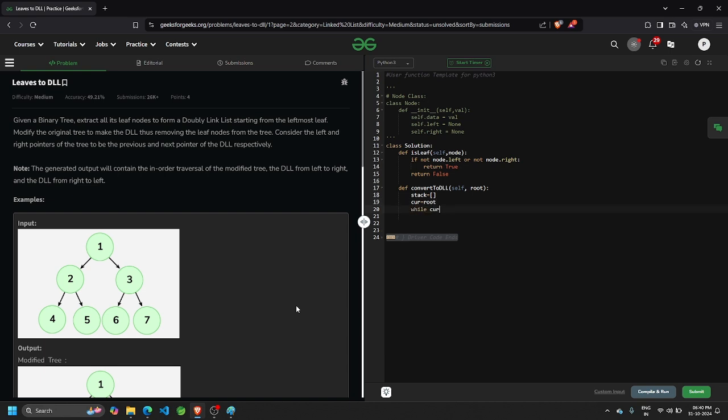While cur exists or the stack exists, while cur exists, stack dot append the value of cur, and cur is cur dot left. Then cur is stack dot pop. This is classic in order traversal. And if self dot is_leaf of cur,